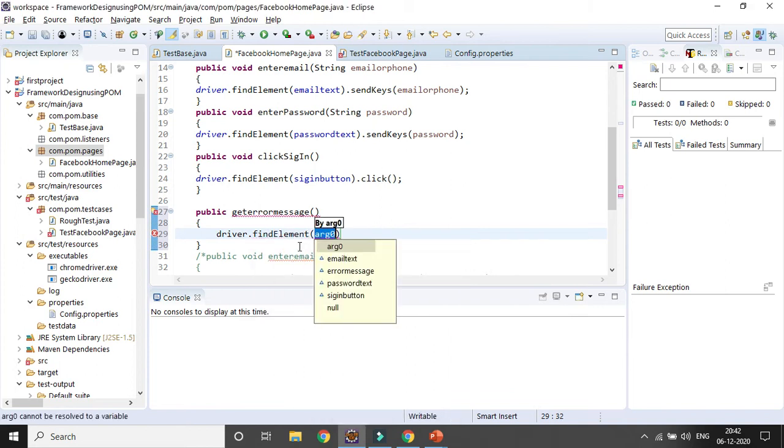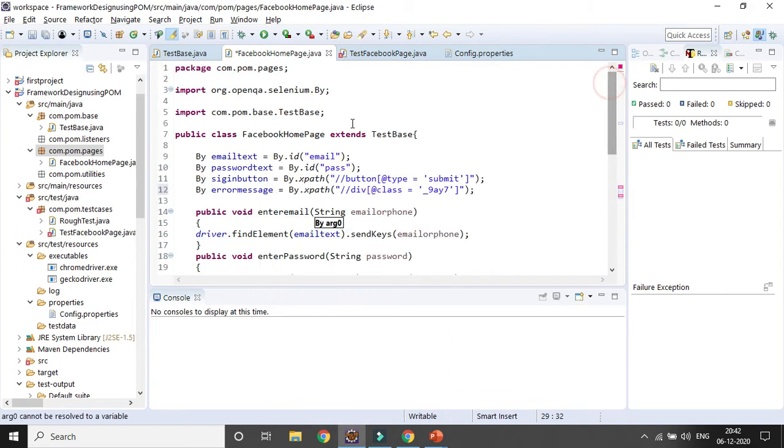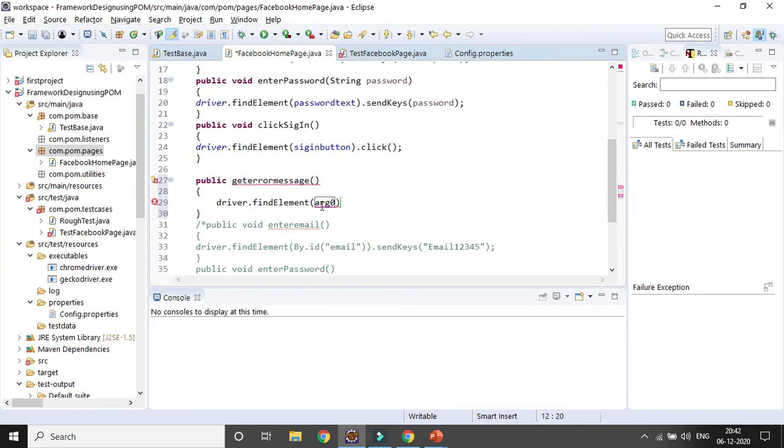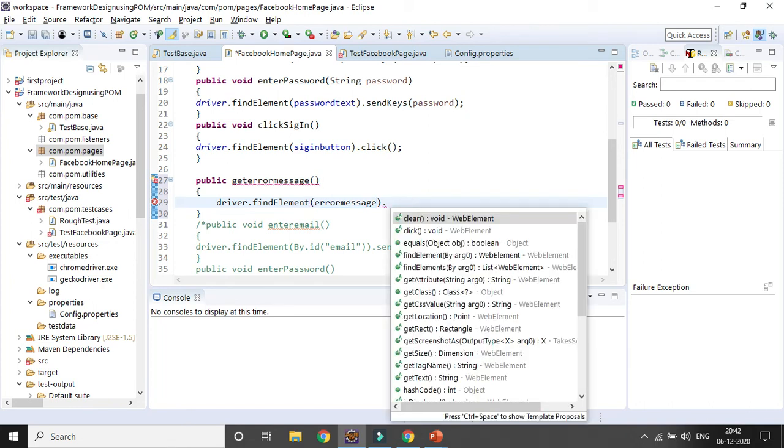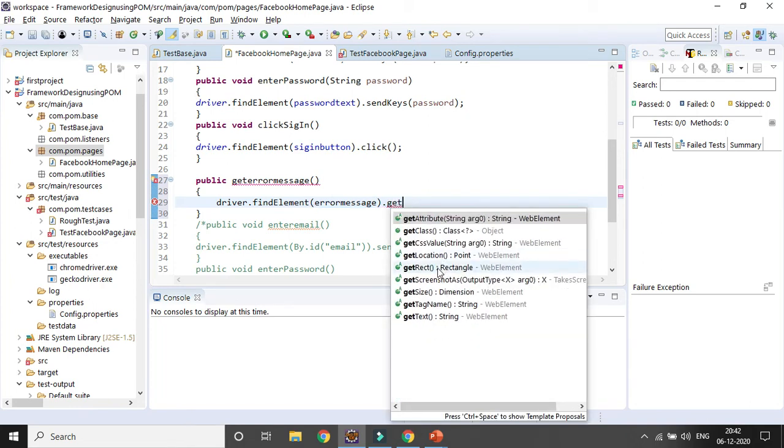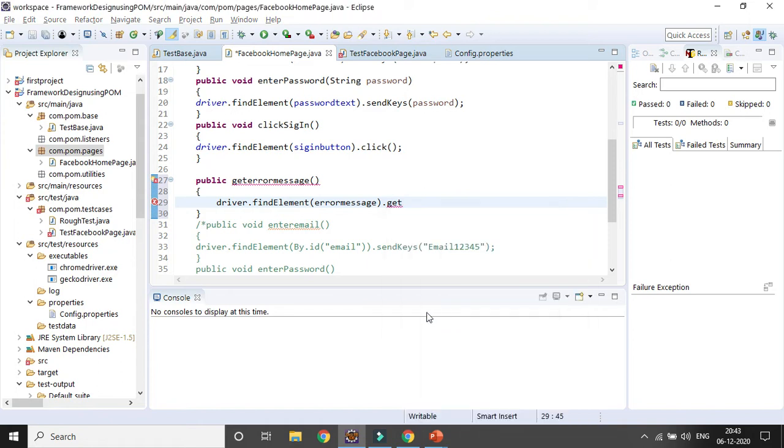and then I will pass the reference here for that particular error message, so that I can identify the element. Then I have to take the error message, so I have to use dot get text, so that I can get the error message details.